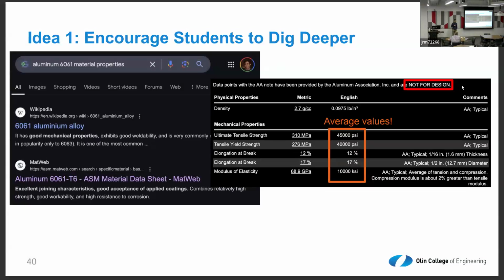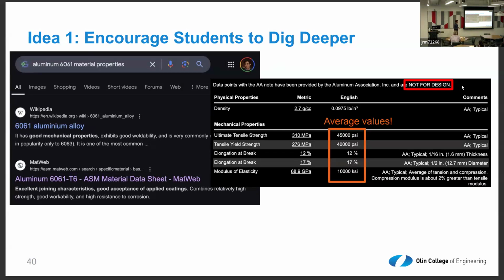So idea 1 is actually based on this progression I just showed. We can encourage our students to dig deeper. If students are going to encounter this kind of documentation that is reporting single values, why not train them to read this sort of thing critically? To start to ask questions like, well, what is this? Is this, say, an average? Is this a minimum value? Is this a maximum? I could probably be looking in the documentation to figure out what kind of number is